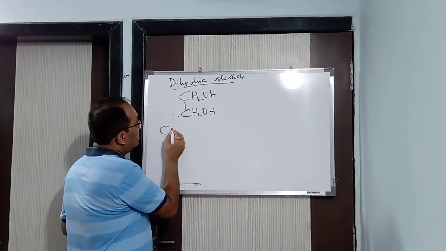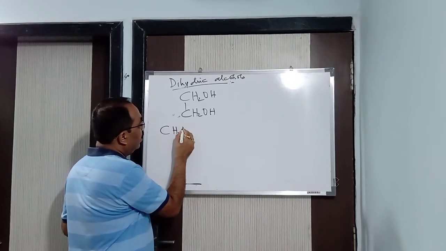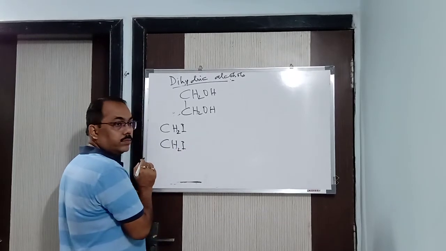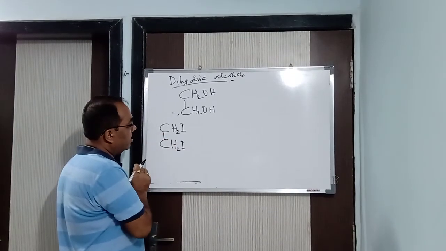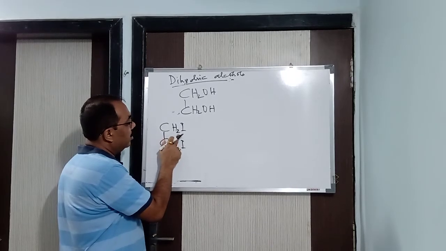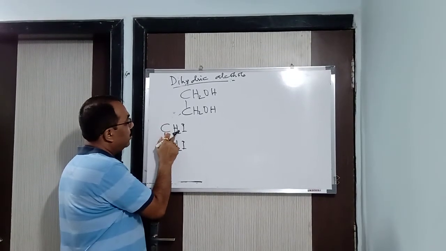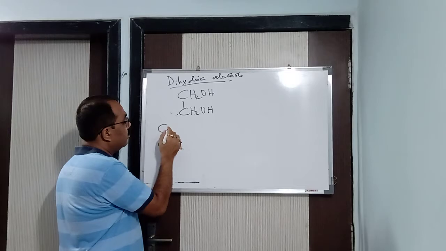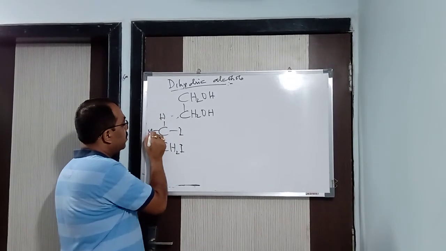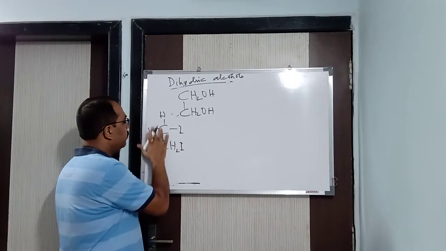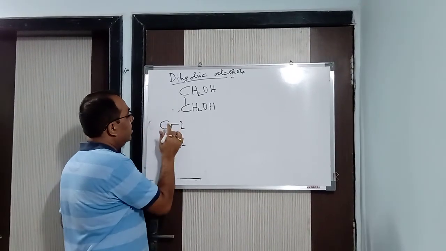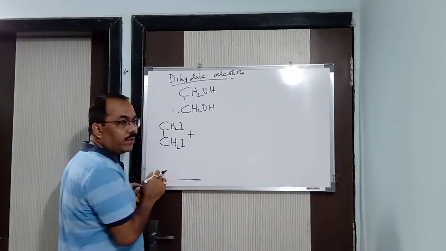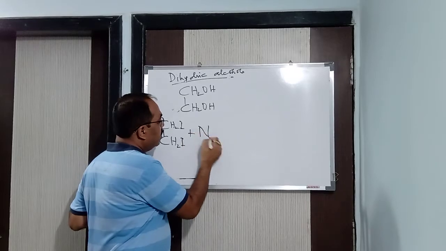Let us take here CH2I, and here CH2I. Here one carbon is there, so definitely it will be CH2I. How many bonds does carbon have here? 1, 2 with hydrogen, and here one more. If you don't understand, let me do it this way. This is hydrogen, this is hydrogen. See here, 4 bonds, no problem. Now you understood. So in this way we got CH2I, then CH2I.